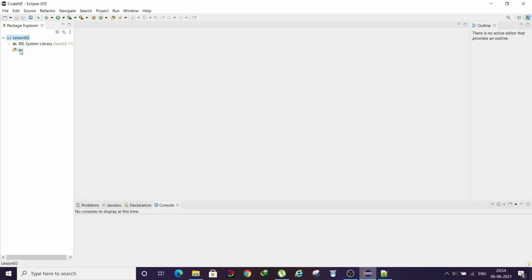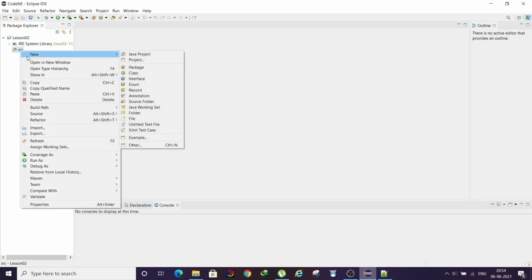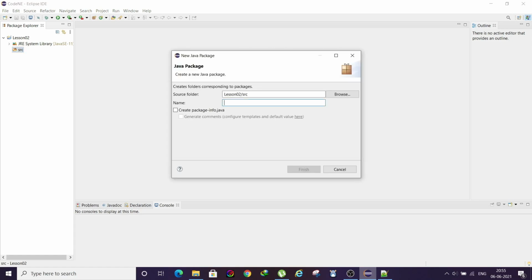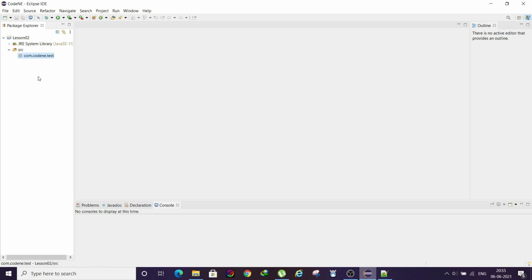At first we can create one package. You click on package, and we'll name it com.codene.test. Then a package will be created. A package is like a directory or a folder inside your Java project.